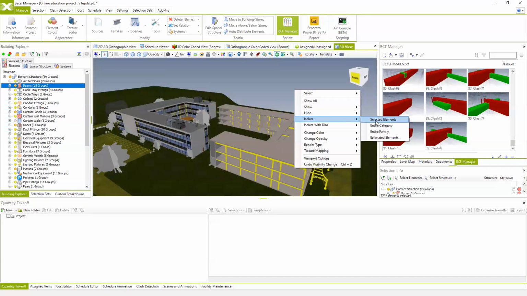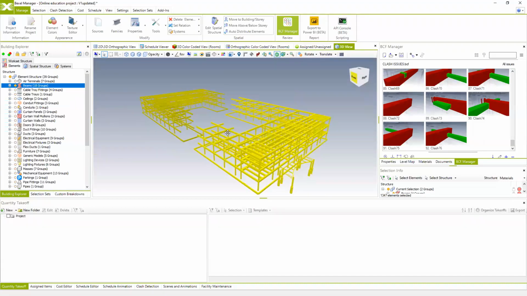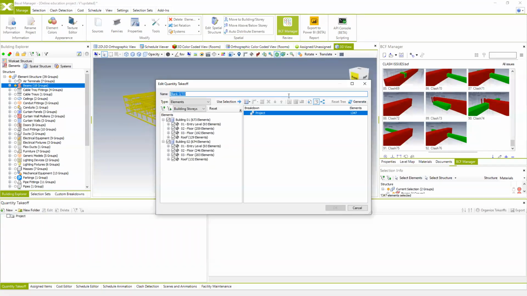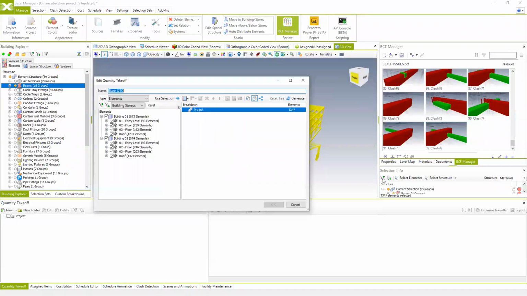I can isolate these quite simply, and then calculate the quantities of selected elements. If you want to do that from selected elements, then you can use the option create new quantity takeoff from selected elements. And then the system automatically includes 1,347 selected elements